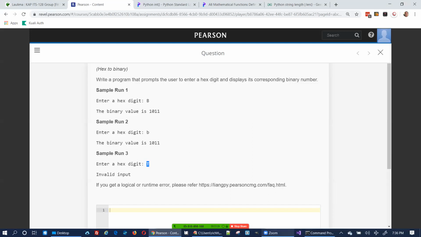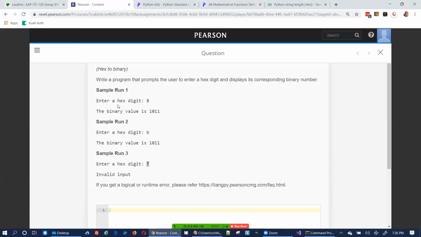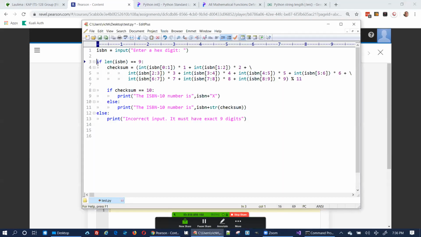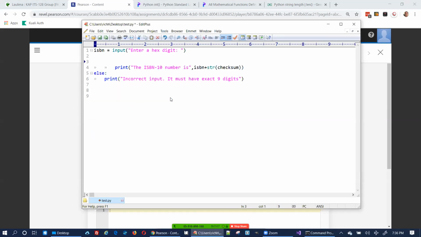Okay, so we need to read in the hex digit. So it's going to be something like: enter a hex digit, and we say the binary value is. And then we do some calculations, and we print the binary value is. Okay, so we input this hex digit,